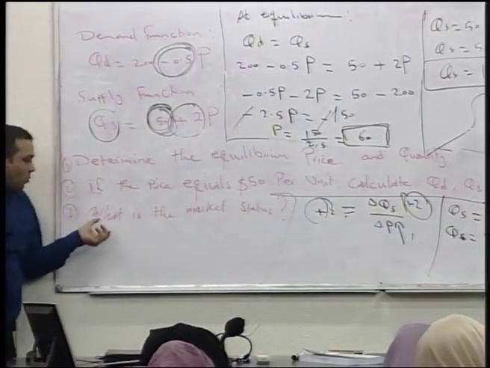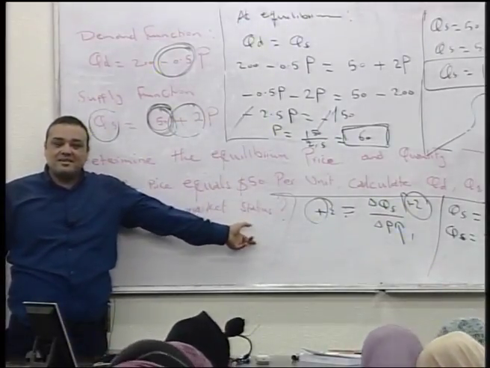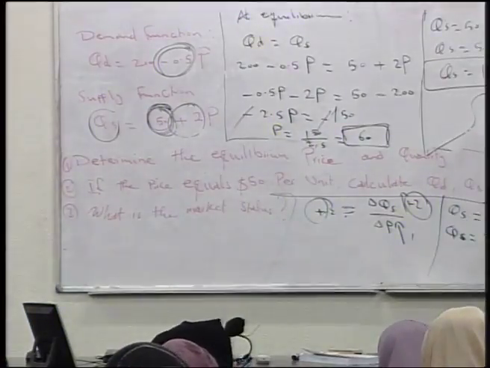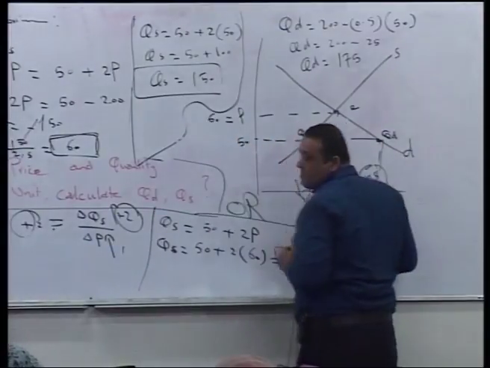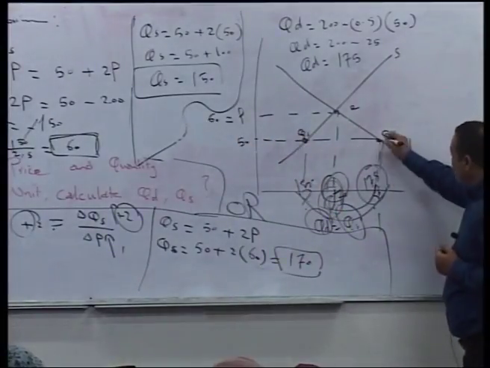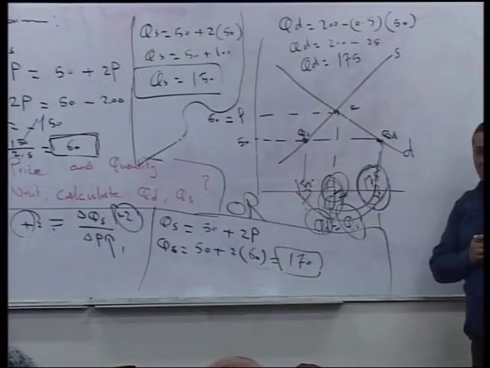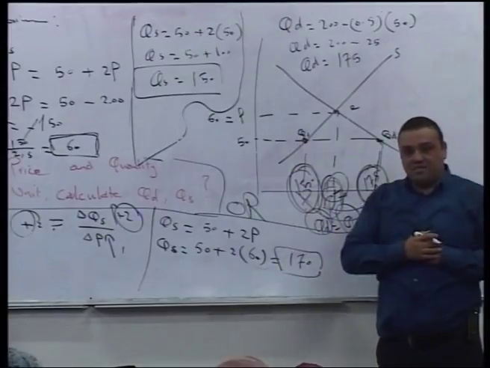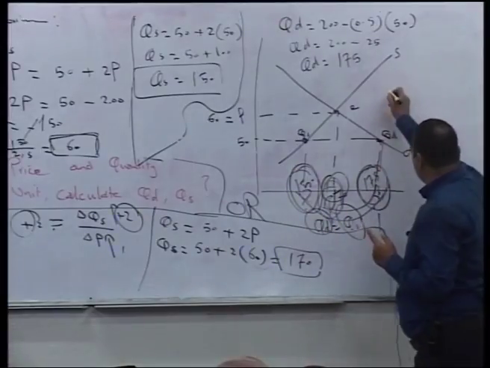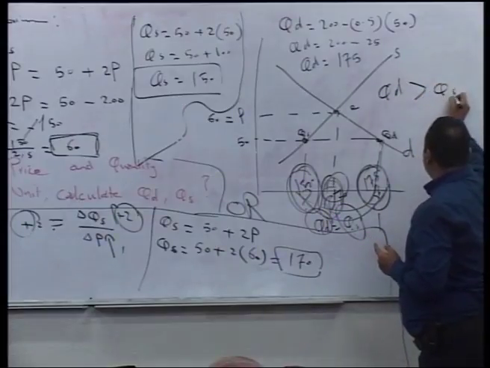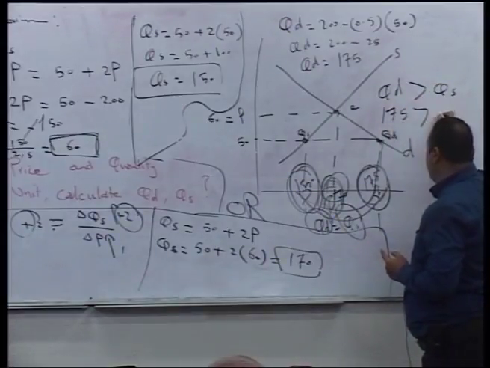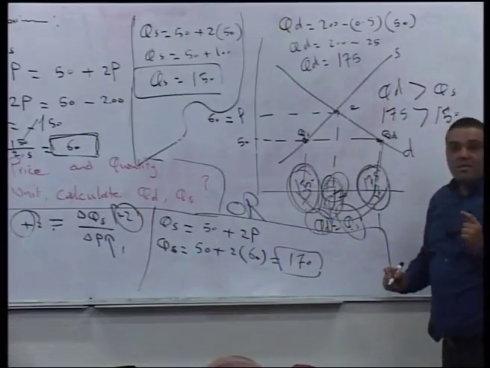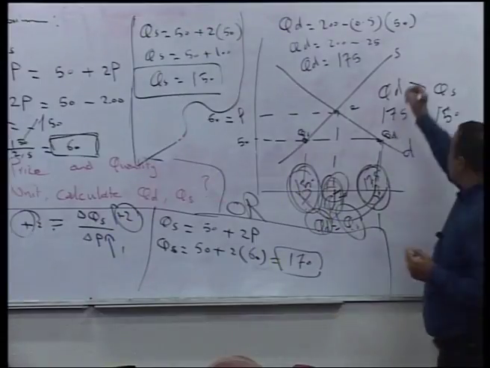The question is, what is the market status? The market status is here at this price. The quantity demanded is 175, is bigger than the quantity supplied, which is 150. So here we have what? QD is bigger than the QS, which is 175 is bigger than 150. So the market status